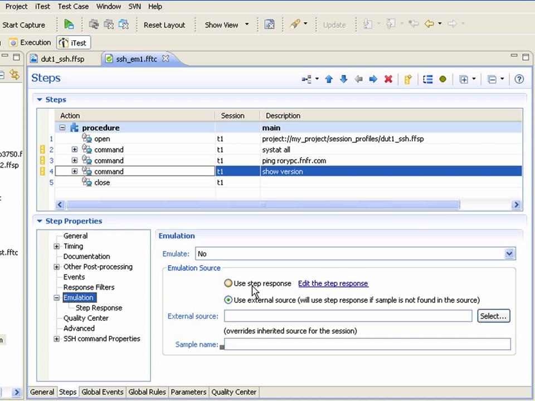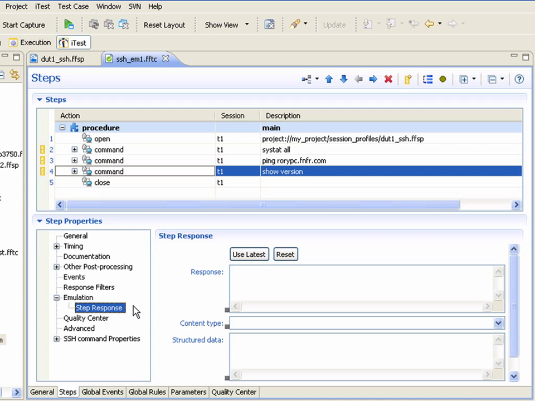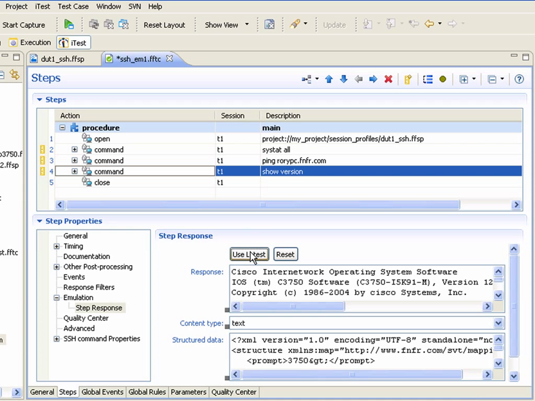So what we used to have, in iTest 3.4, was we could specify the response to emulate a given step using the properties for each step itself. So you can use latest and then edit that and emulate the step, and that's what it will use. But